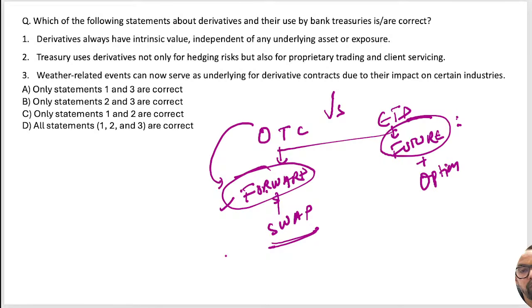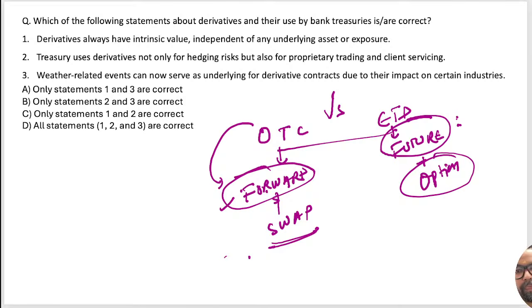Swap, again, is OTC, negotiated between parties. We have different types of swap, like interest rate swap where we are exchanging only interest rate. Similarly, we have FRAs, forward rate agreements, for when a company is planning to take a loan after some time, so they can go for the swap itself. Options give the right to the buyer to buy in case of a call option, but not an obligation, and the seller to sell in case of a put option. The in the money, at the money, out of the money concept is a bit important.